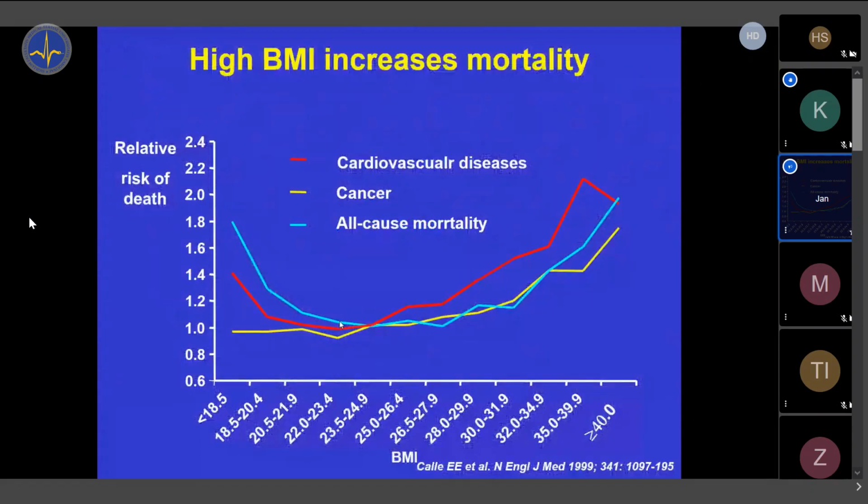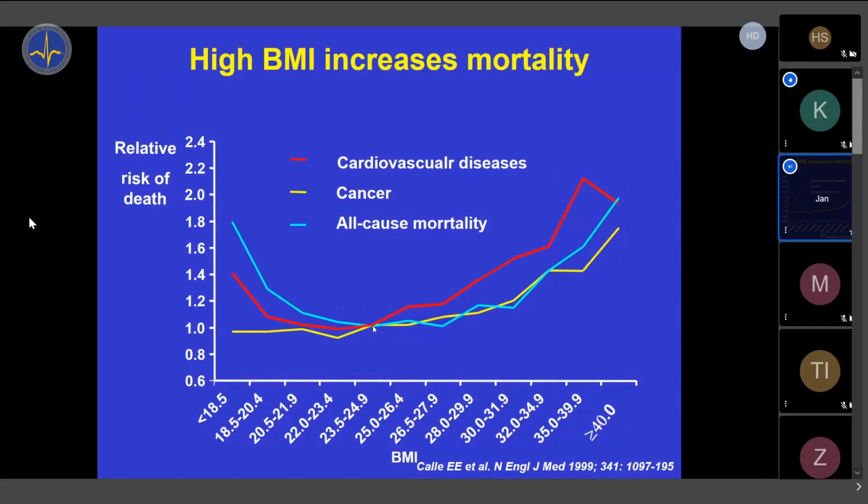So why is obesity bad? Let's now go to internal medicine. It is bad because it increases the risk of death quite significantly. In epidemiology, when you see a double risk of death, it's a huge increase. Even though it doesn't sound that big, 100% increased mortality is horrible. It's a nightmare for epidemiologists. You can see that from a BMI of approximately 25, which is right here, the end of the norm, the mortality from cardiovascular diseases, cancer mortality, and any-cause mortality is increasing almost exponentially, ranging up to doubling the mortality in morbidly obese people.